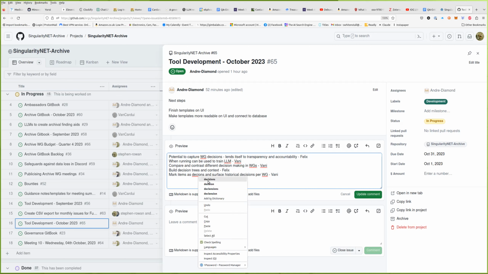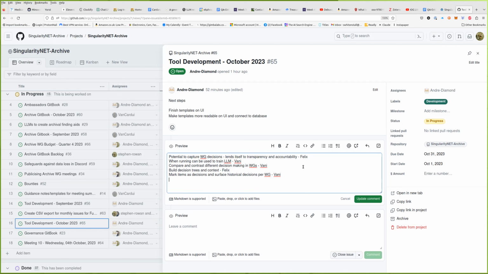Well, what are you thinking of, Felix? You're thinking of something very simple, in terms of one page on the ambassadors work group? Ideally, yes. Just for a very first simple improvement already. And then, like Vanessa mentioned, I think Tivo gave it a really good shot when he started to always put a decision paragraph section in his meeting summaries on the Discord. So we could create this routine already for guilds or work groups, asking them, if you make decisions within your group, please add them as a decision paragraph, and see how the Gitbook lens consumes this.